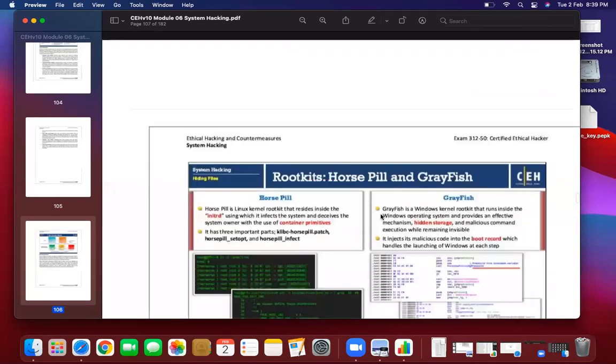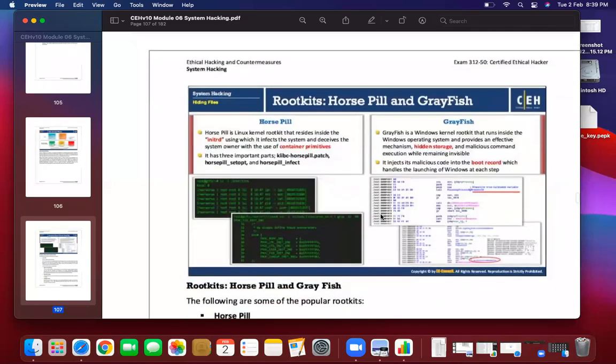Rootkit is a very popular and very easy to use tool. Examples are Horsepill and Greyfish. These two tools are very dangerous and also blacklisted by the Federal Bureau of Investigation, FBI, because they are very popular.